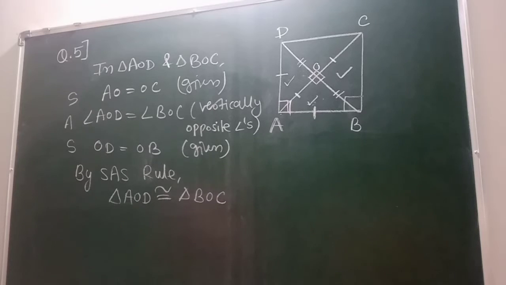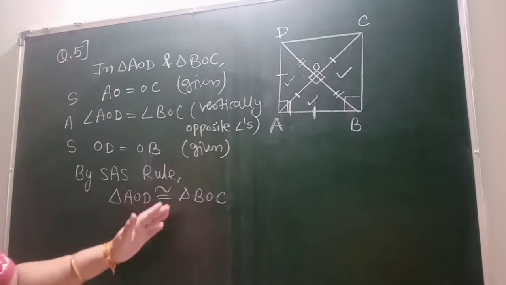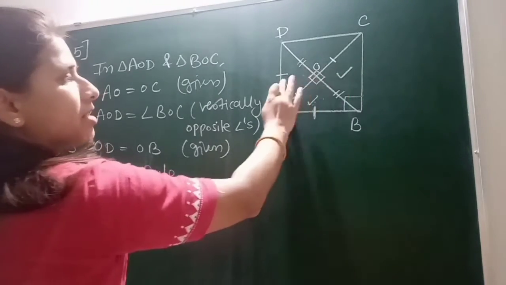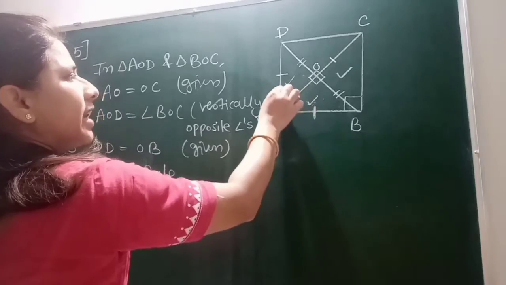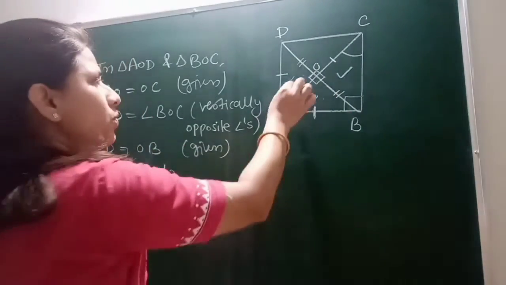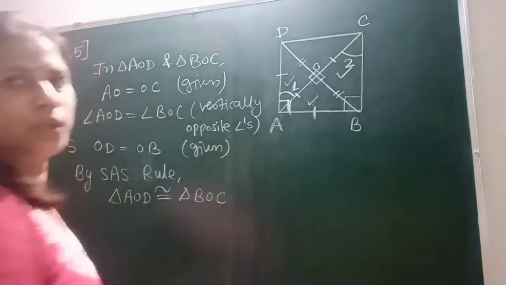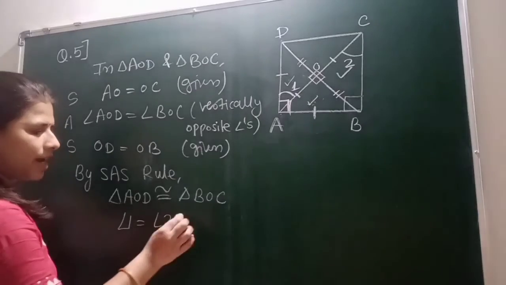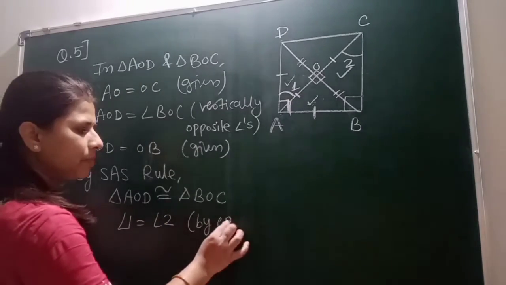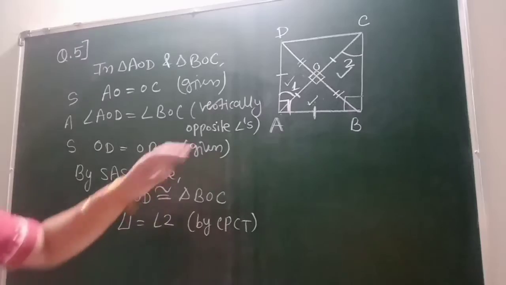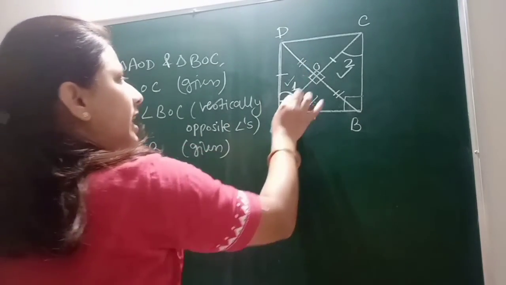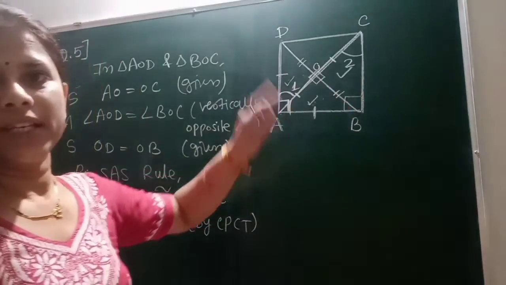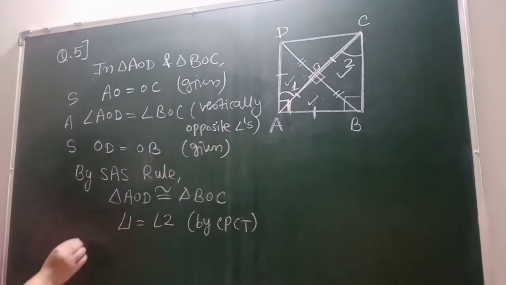as we know, when two triangles are congruent, their corresponding parts are equal. So student, since both the triangles are congruent, their corresponding angles will be equal. Suppose this one is your angle 1 and this one is your angle 2. This angle 1 will equal angle 2 by CPCT. But as you can see that a Z is forming here. It means which types of angles are 1 and 2? Yes, these are alternate interior angles.